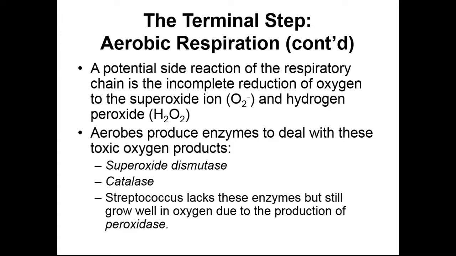And as we have these incomplete reductions and oxidations occur, we are going to have some highly reactive oxygen species being produced. Superoxide ions and hydrogen peroxide are two byproducts that are produced. These are toxic byproducts. If we're dealing with an aerobe, an organism that can tolerate or live in oxygen, that aerobe is going to produce enzymes that can neutralize the superoxides or the hydrogen peroxides that are produced. Those are superoxide dismutase or catalase. Superoxide dismutase will neutralize the superoxide ion. Catalase will neutralize the